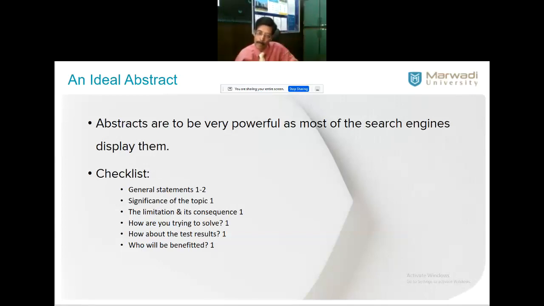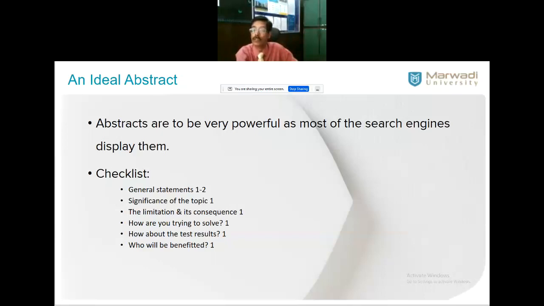Then go somewhat deeper: the significance of the topic. Significance means why I have chosen it. If cybercrime is providing this much loss, and it is not addressed properly, it may lead to more loss in the future. That much significance it has. If you don't find a proper strategy for economic growth at this stage, it will be very difficult for us to build the government or something like that, you can tell. Then, what is the limitation and its consequences? Limitation means this problem has not been addressed by the majority of people so far, or the literature from the existing data is not sufficient. That becomes a motivation for me.